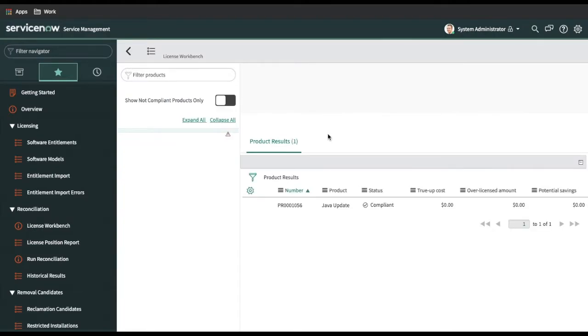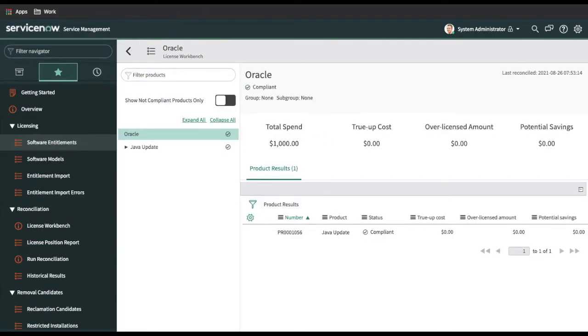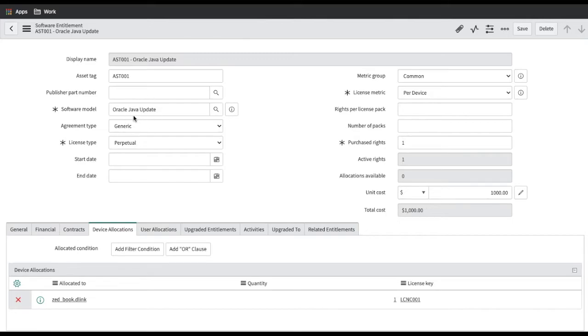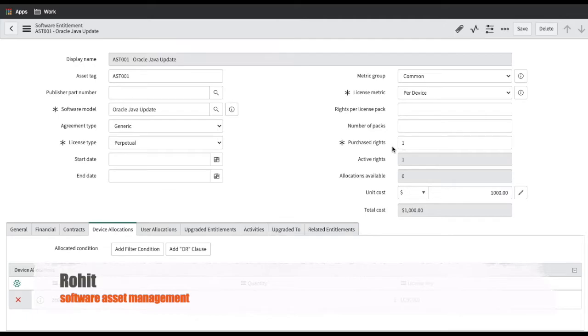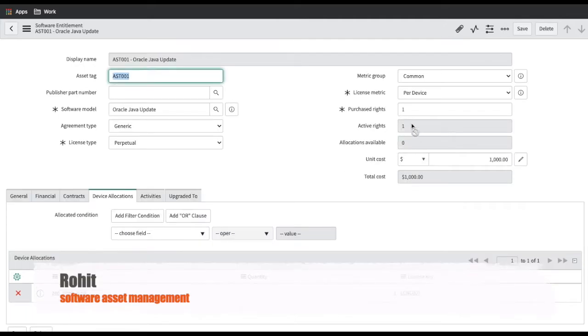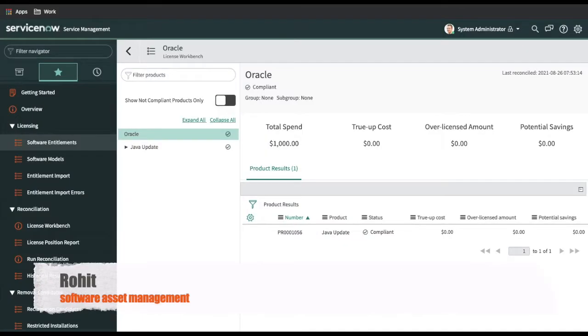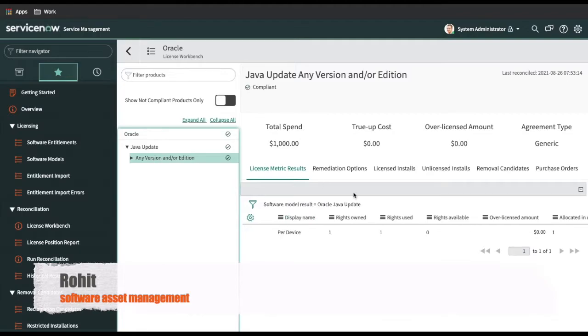Because if I go to the software entitlement, what it is saying is that I have ordered this software entitlement for the Oracle model, and per device I have right is 1, right? So it means that for this device, I am taking 1 license, and that is taking a cost of $1,000, right?